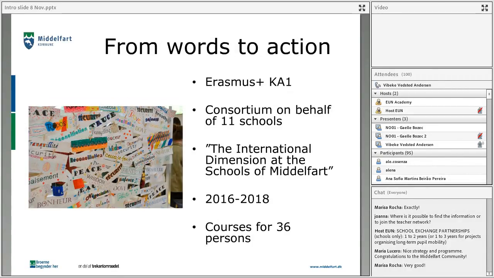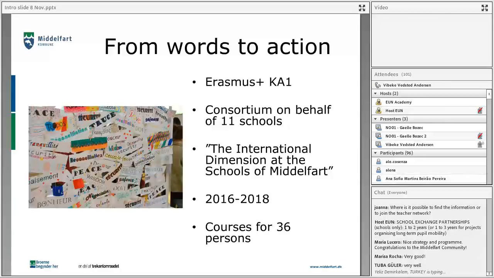So we went a little bit from words, talking about strategy, to action. How can we help the head teachers to become more international? And that is where our Erasmus Plus KA1 project came in. That was the idea. So we wrote a KA1 project, and it was actually quite easy to write because we had the strategy, we had the objectives, we knew what we wanted, and